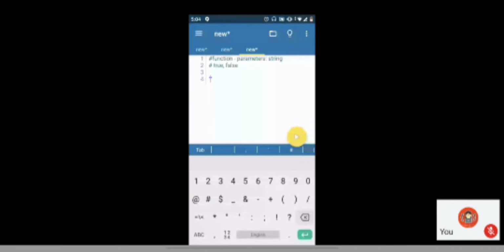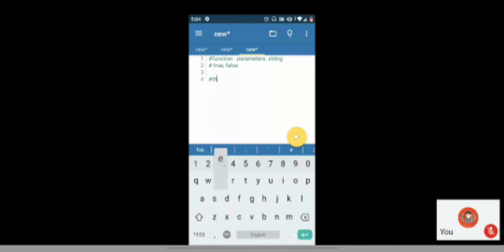For example, there's this one string which contains all the alphabets from A to Z: the quick brown fox jumps over the lazy dog.